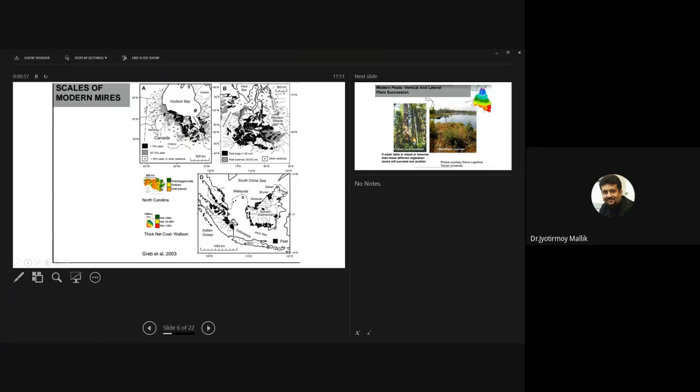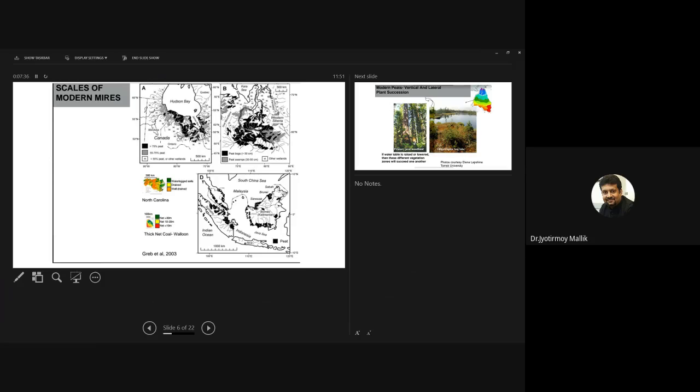Now, these are some of the examples where peat accumulation is going on, for example, from the South China Sea, from Hudson Bay, from the Kara Sea in Western Siberia. Hudson Bay is in Canada, and the South China Sea is, of course, in Malaysia and Indonesia. What you observe is that the black color here represents more than 75% peat. The gray color represents 55 to 75% peat, and the white color with this inverted triangle represents less than 55%